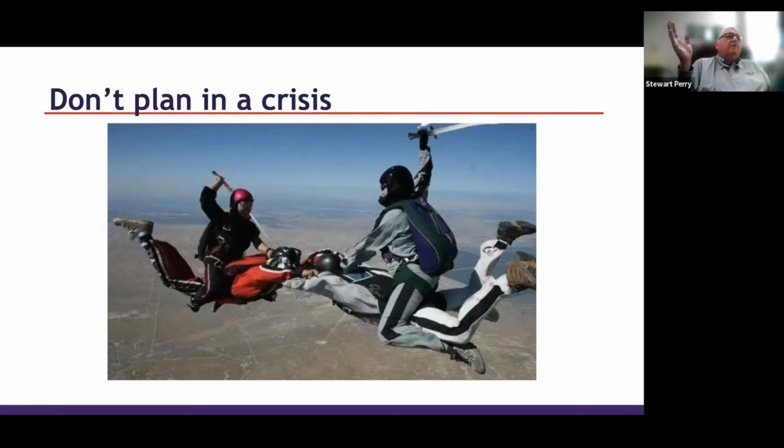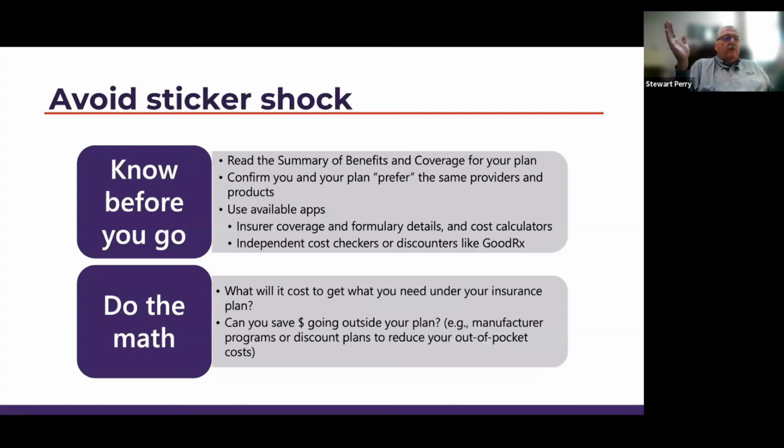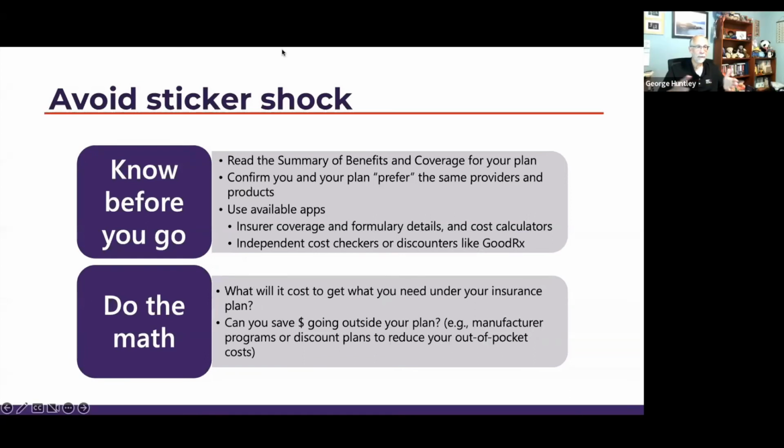So, George, when you go to buy a car, you look at sticker shock. That's where the term comes from. What do you recommend to people? Know before you go. Read the summary of benefits and coverage. They're required to give it to you. Understand, are your docs in these plans or aren't they? Are they covering the same products, your insulin pumps, your insulin pens, the CGMs? Are your items covered in these things? You've got to look at the documents to do it. You've got to do the math.